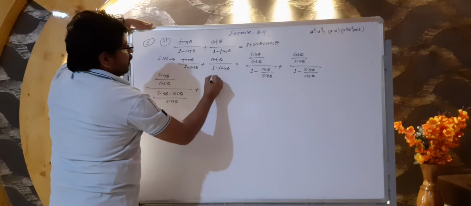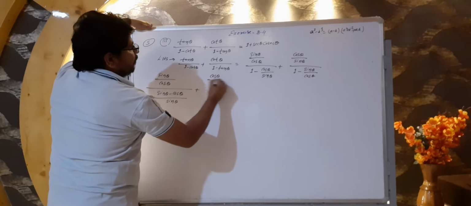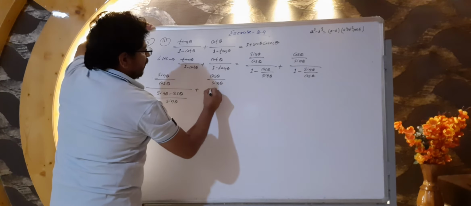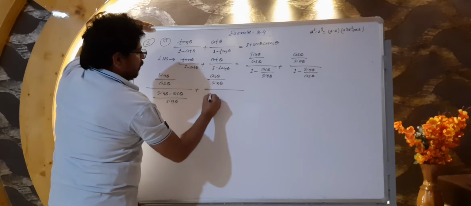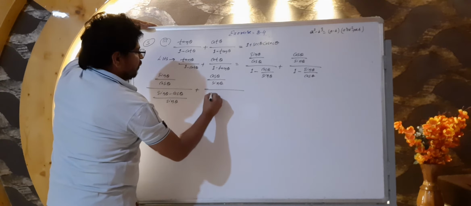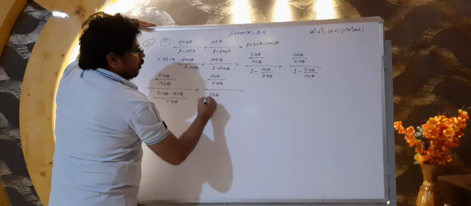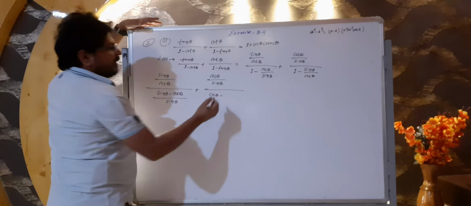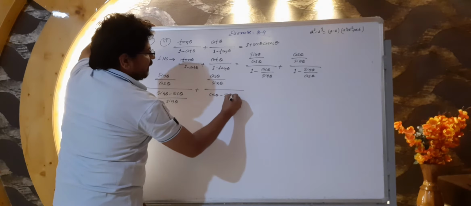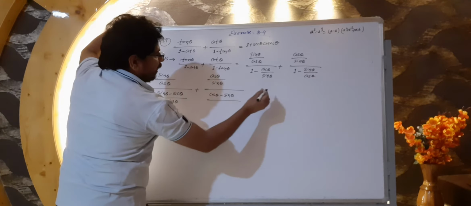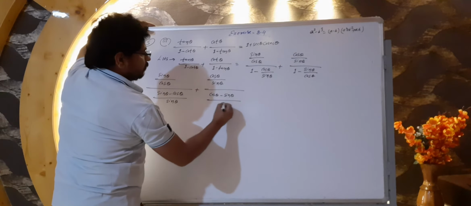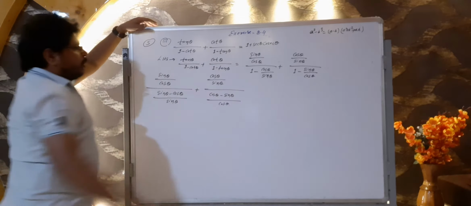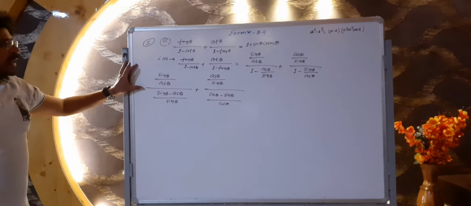Same here also. First we would write cos theta upon sine theta. Okay, and downside LCM, then what will we get? We will get here cos theta minus, cos theta divided by cos theta, remaining 1, then what will we get? Sine theta upon cos theta. Okay guys, clear up to here?